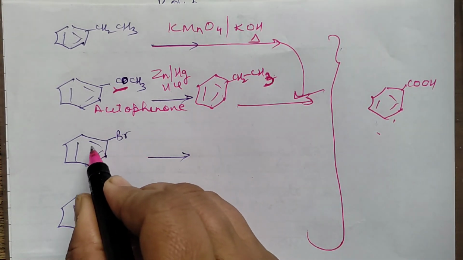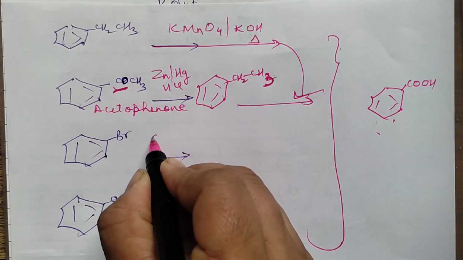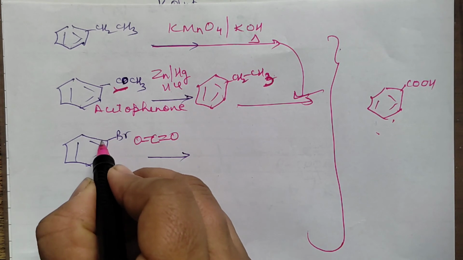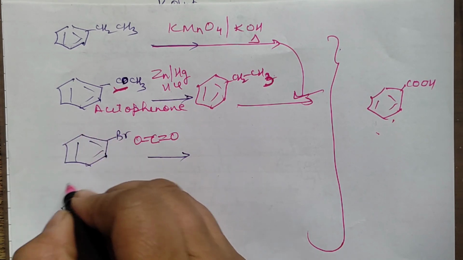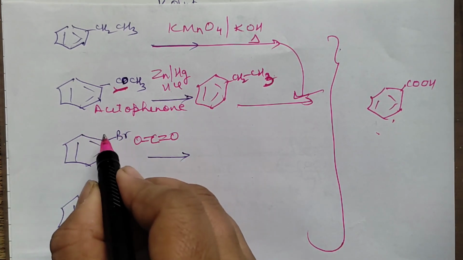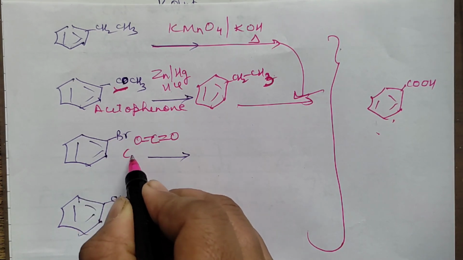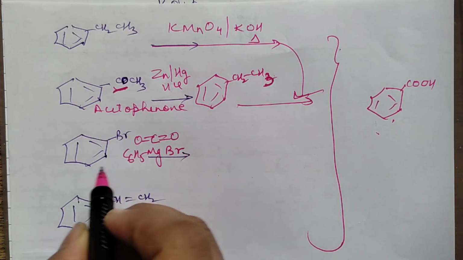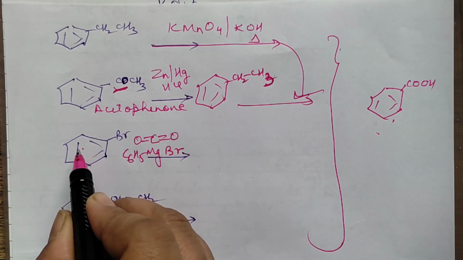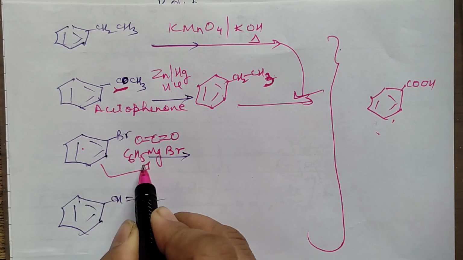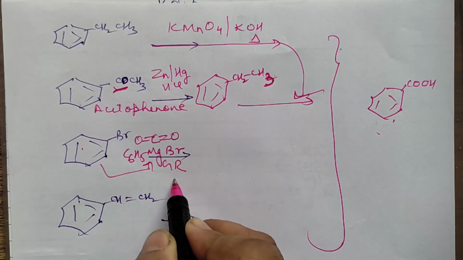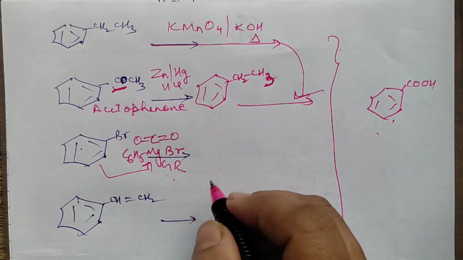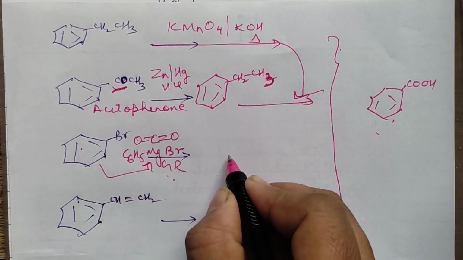Fine. Now bromobenzene to benzoic acid. You can add this to carbon dioxide. First, before that, you need to react this bromobenzene with magnesium. When you react this with magnesium, what you will have? You will have C6H5MgBr. That means from bromobenzene, first you prepare Grignard reagent, and Grignard reagent you add on to carbon dioxide and then carry out the hydrolysis. I hope you followed what I am telling you.